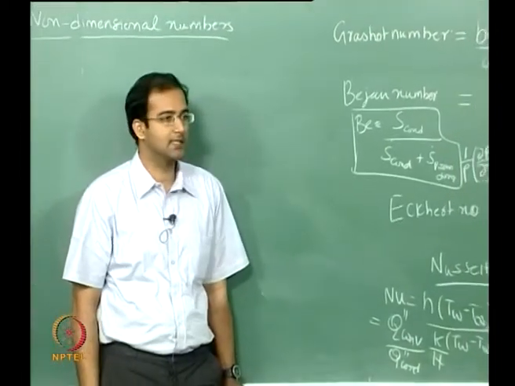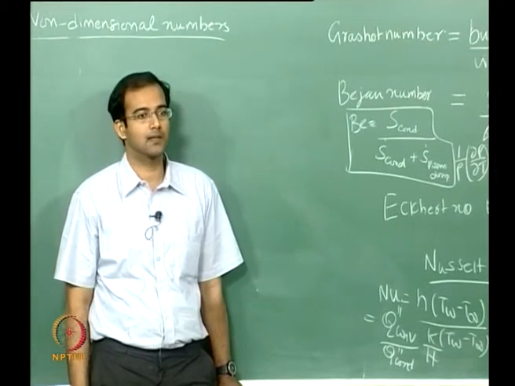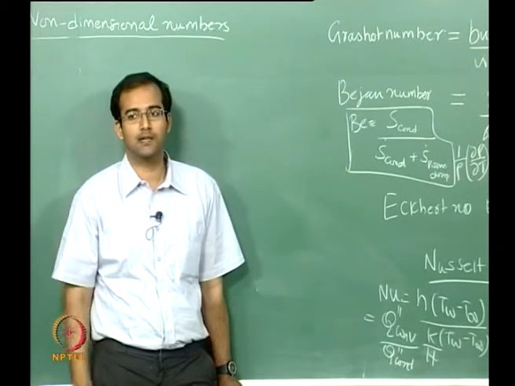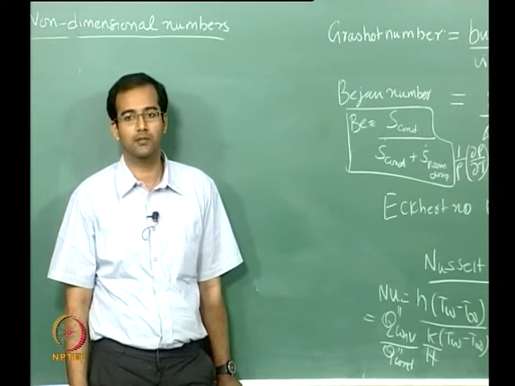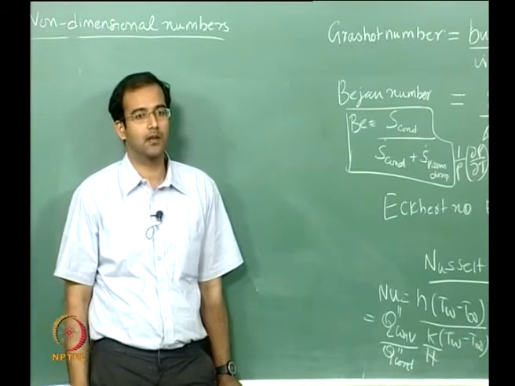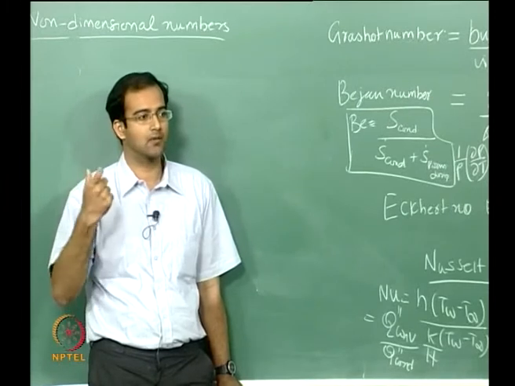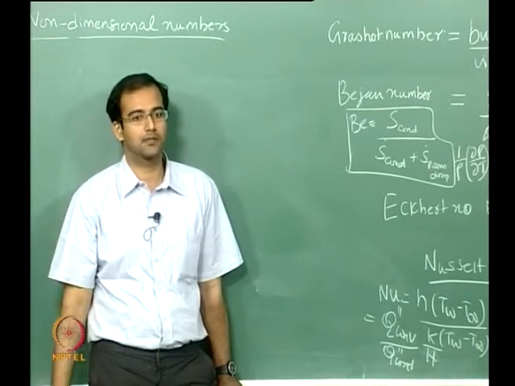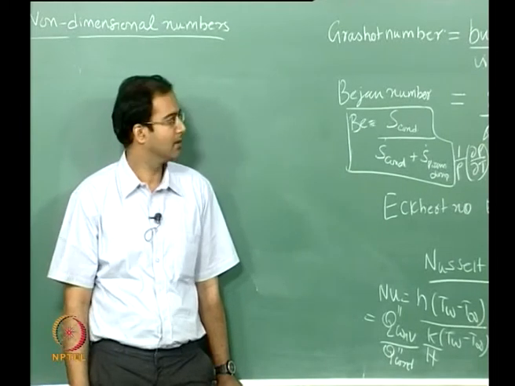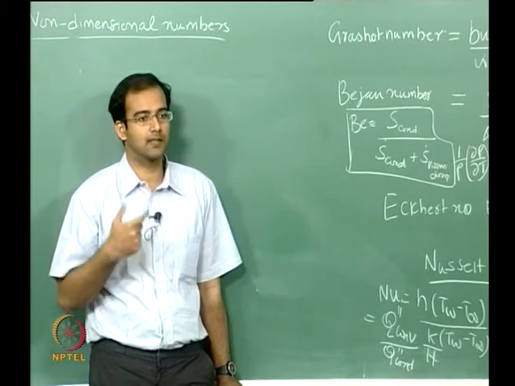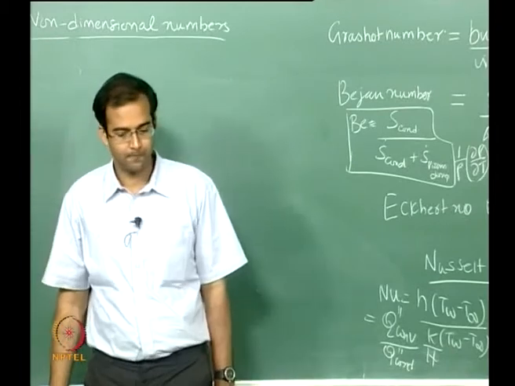So essentially it characterizes and quantifies the entropy generation contributed by conduction over the total entropy generated. So this is a very useful number. So far, people have been talking about entropy generation qualitatively, but now you can calculate the actual values from conduction and from viscous dissipation, that is the friction of the fluid which is generating entropy. You can calculate the contribution of each, and then you can take the ratio and that gives you the Bejan number. So these are some of the non-dimensional numbers.